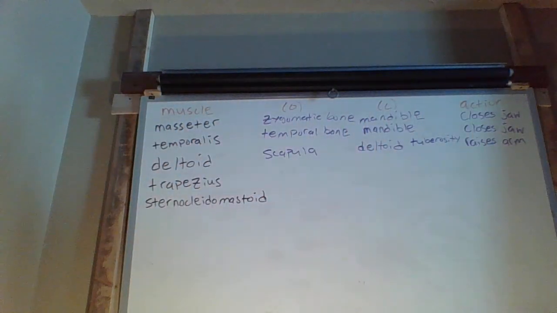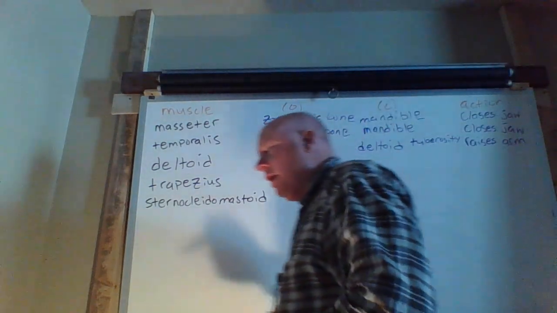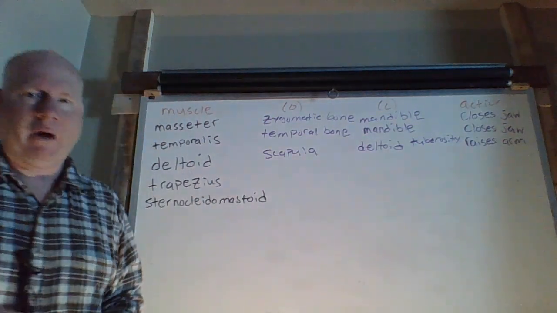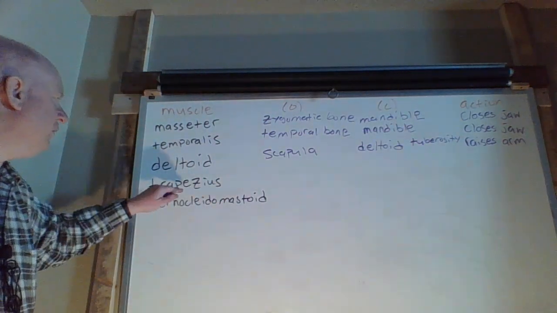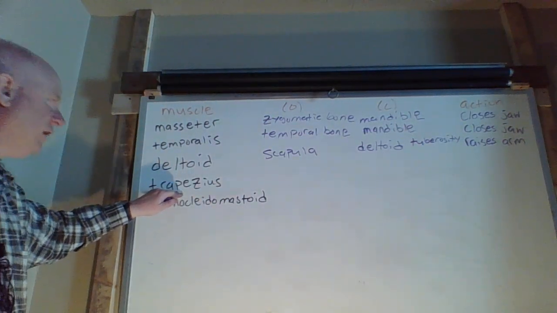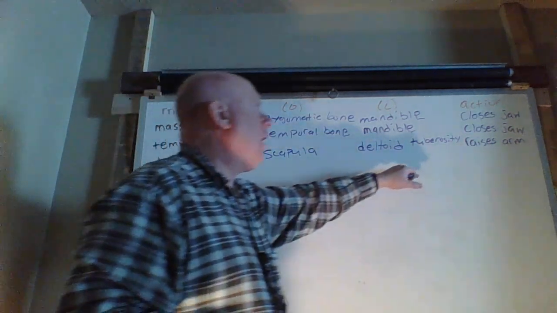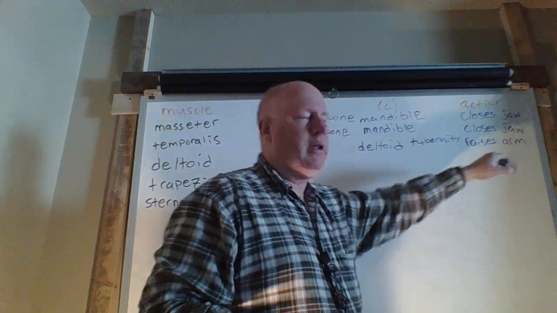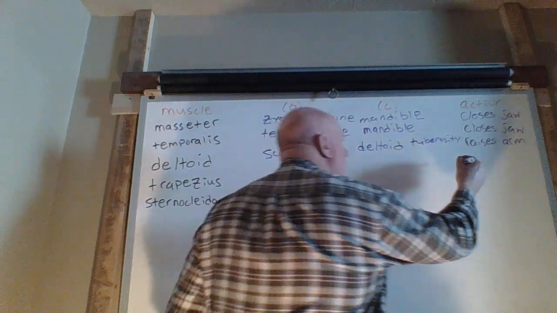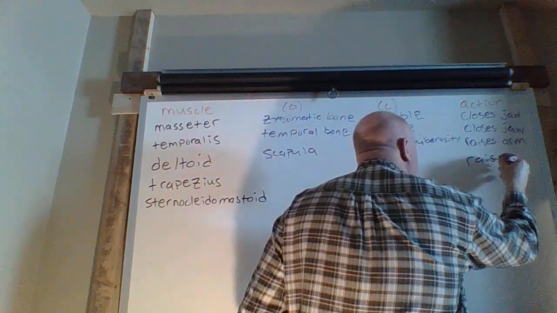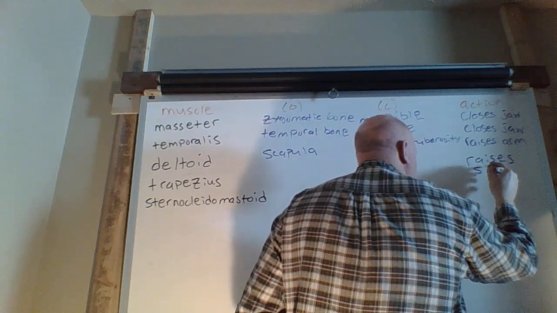Then one of the common muscles that we talked about was that of the trapezius, which is the muscle of indecision. So again, think of what a nonverbal answer to a question would be as far as movement of this muscle. So if you're asked a question and you don't know, well, it's not that it raises the arm, yes, that's true, but it raises the shoulder instead. So if it raises shoulder,